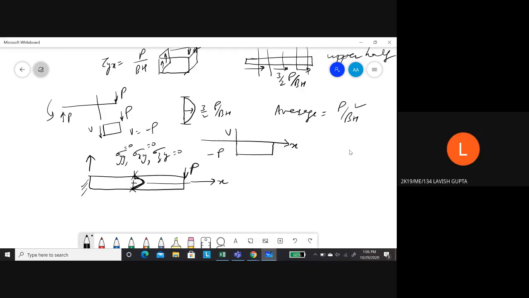At the neutral surface, you have maximum shear stress, while you have 0 normal stress. You had seen your bending stress was 0 at the neutral surface, while you see your shear stress is maximum at the neutral surface.